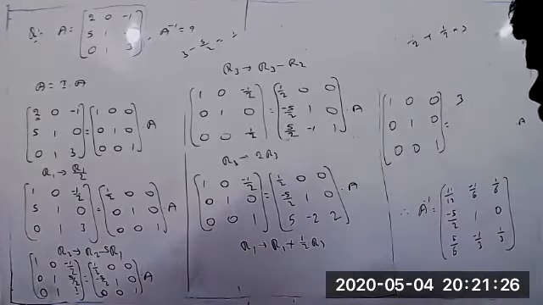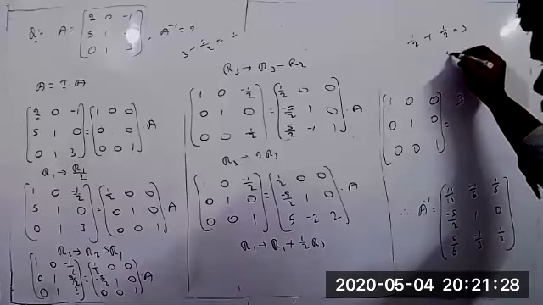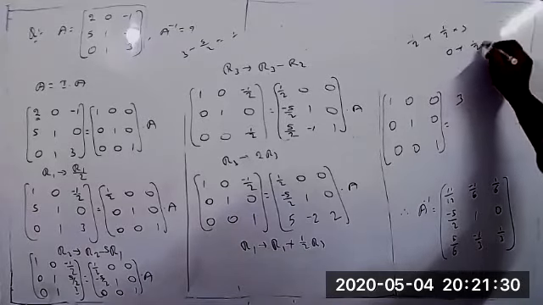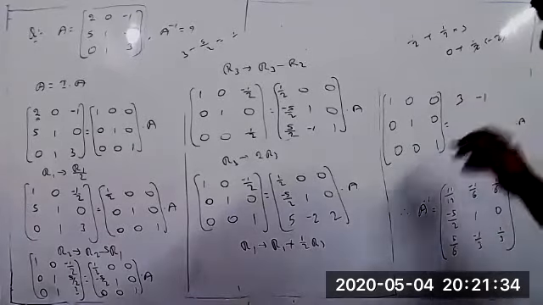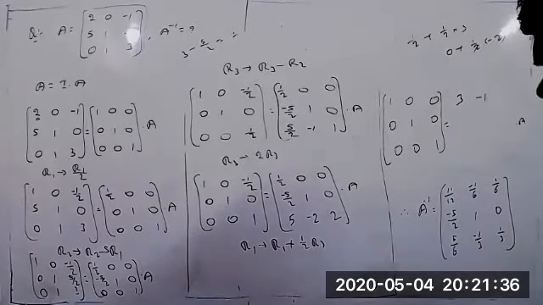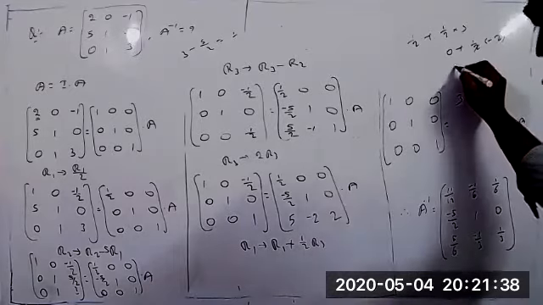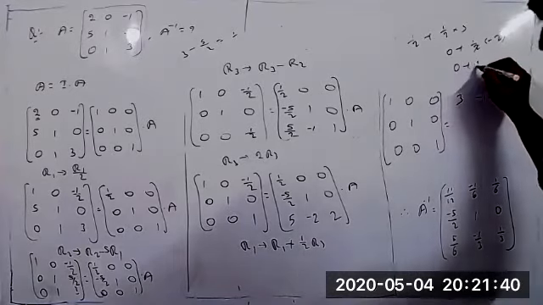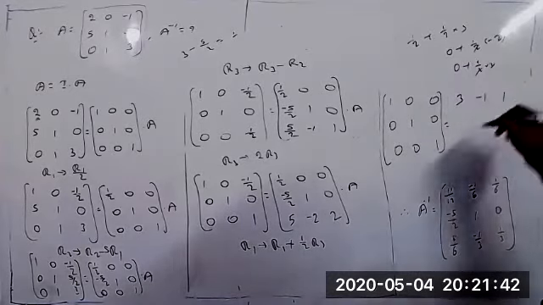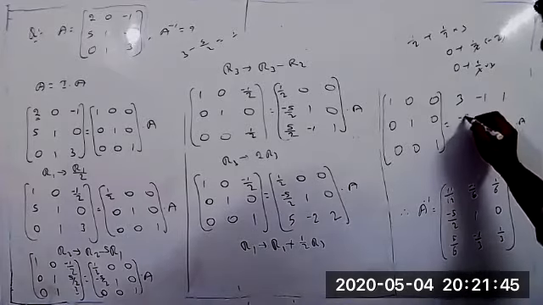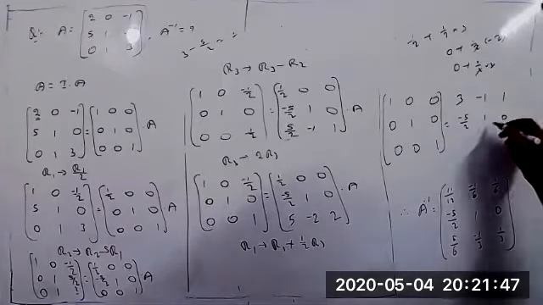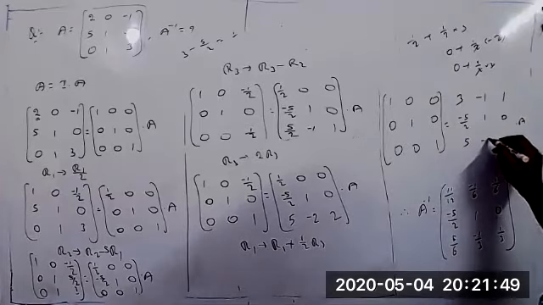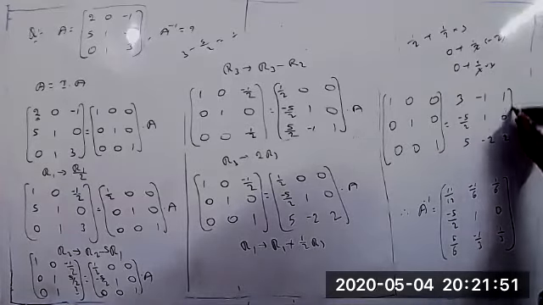First one is 3 now. Next, 0 plus 1 by 2 into minus 2. So 2 will be cancelled. It is equal to minus 1. Next, 0 plus 1 by 2 into 2, equal to 1, as 2 will be cancelled. So the rest of the exact answer is minus 5 by 2, 1, 0, and 5, minus 2, 2. Now it's correct.